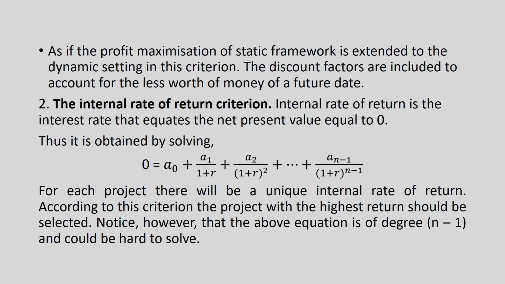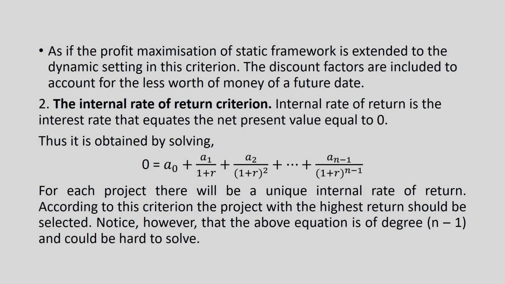How do we interpret this criterion? As if the profit maximization of static framework is extended to the dynamic setting in this criterion. What is profit maximization? Remember, we talked about this earlier, that a capitalist always likes to maximize the profit in a particular period. So, that is a static framework. There are no 2 or 3 periods involved, there is just a single period, and he wants to maximize the profit, that is it. But here, since there are many periods involved, we are extending the same idea of maximizing